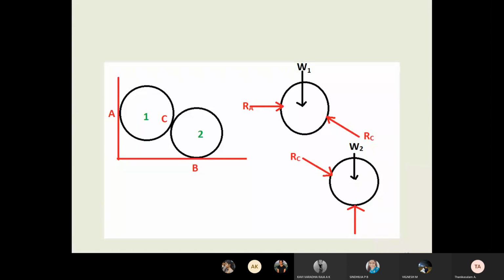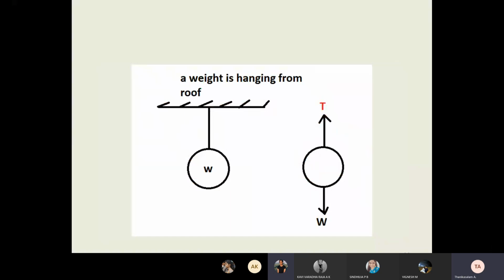Students understand? Teresa, do you understand this one? Yes, sir. Okay, so you take out each ball and see where this ball is touching. Touching means the reaction is in the opposite direction. Just keep in mind which is action and which is reaction. If you consider ball 2 as action, it is touching B and touching C. Therefore reactions develop at C and at B. Reaction is always in the opposite direction, so I put it here. The ball is vertical and touching at B, therefore the reaction is upward. The ball is touching at C, therefore the opposite reaction RC.